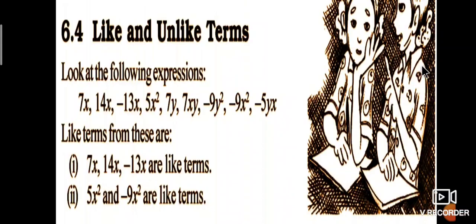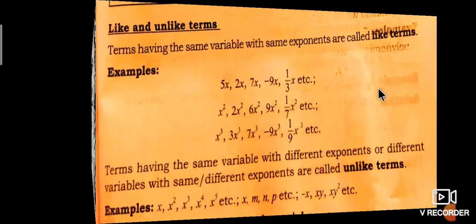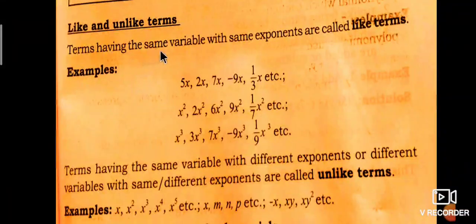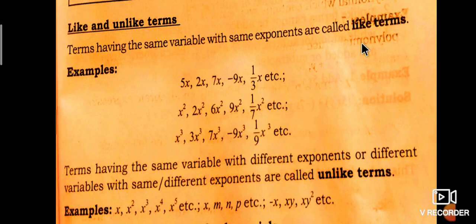Here we consider like terms as terms having the same variable with the same exponents. Is it right? Yes. What are like terms? Terms having the same variable with the same exponents are called